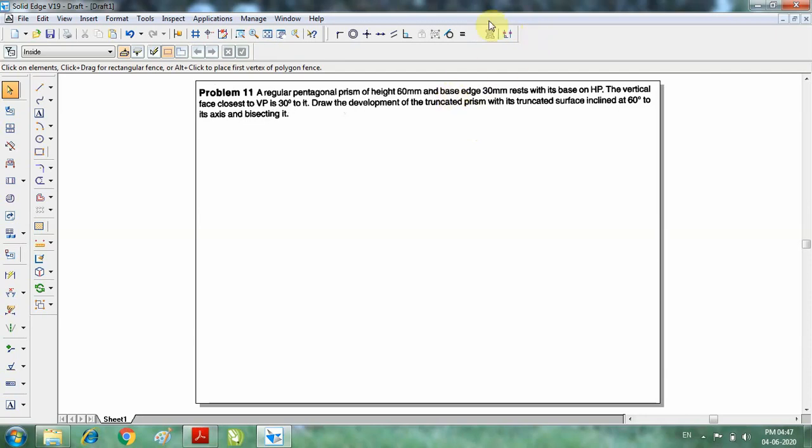Hi students, in this video we are going to continue the problems on developments of solids. So let us consider a problem. A regular pentagon prism of height 60 mm and base side 30 mm rests its base on HP. The vertical face closest to VP is 30 degrees to it. Draw the development of the truncated prism with its truncated surface inclined at 60 degrees to its axis and